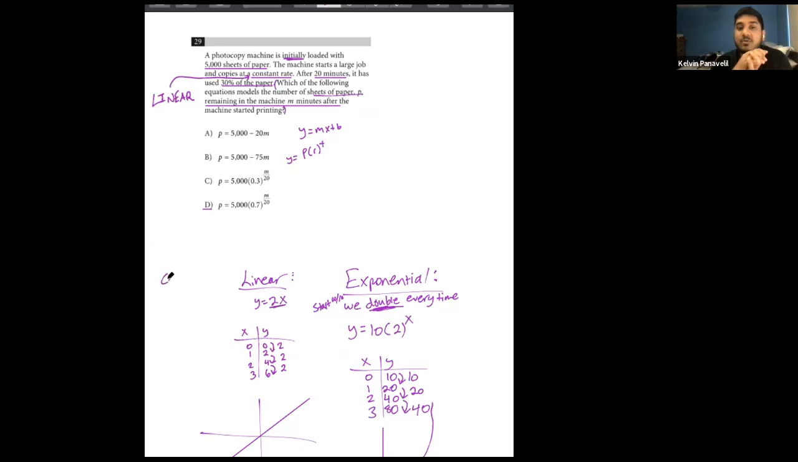So here, this is just a rate. It's copying 30% of the paper in 20 minutes. So what's 30% of? And this is another trick I want you to remember: percent of means decimal multiply. So 30% of the paper just means what? 0.3 times what in the chat? 30% of the paper would be how much paper? 0.3 times